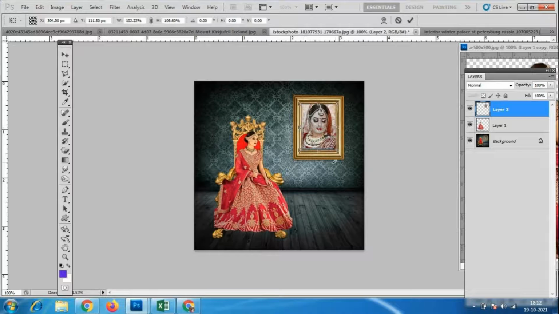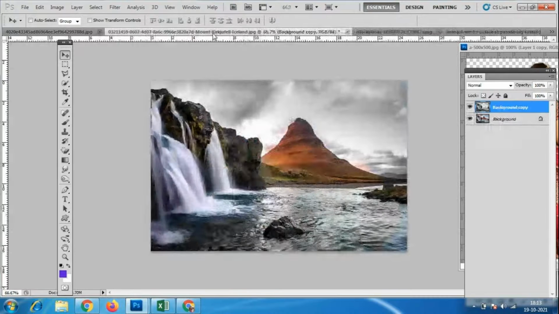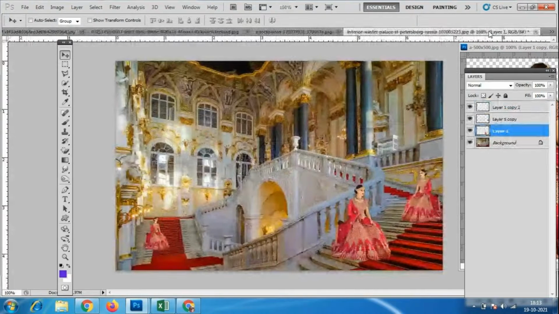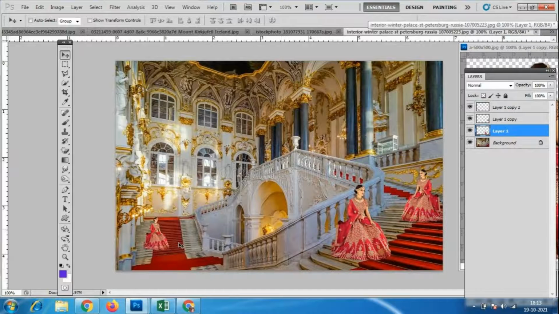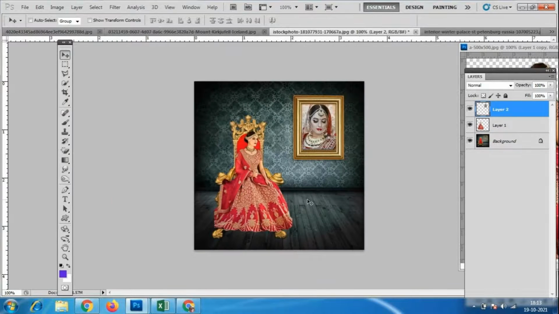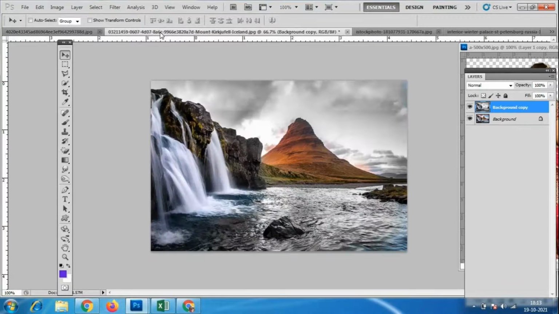So look at here. Everything is possible with Photoshop. Any backgrounds you want to change, you can change those too. Otherwise you can place this kind of palace background, cut this much area and place it over here in the background. Even the floor you can change.